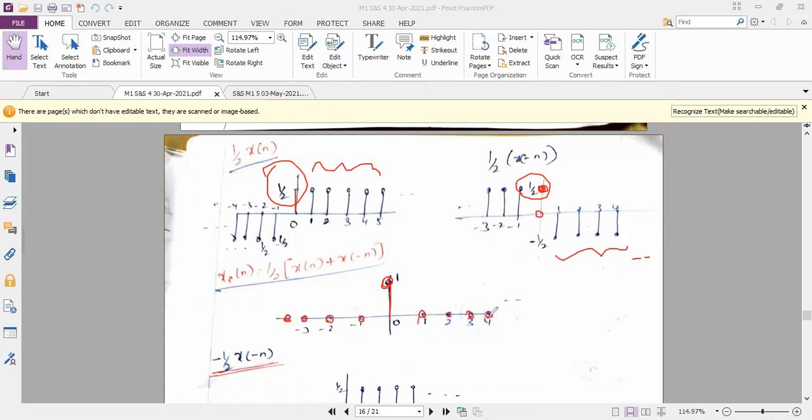The meeting may disconnect shortly. Once you have completed this problem, you can try the odd part. Till then, I'll connect back. Any doubts in this? Anybody? You understood? Yes, Ambika. Understood, ma'am. Okay, good. Now I want you to try the odd part. Meanwhile the meeting may disconnect and I will join back. You will feel very happy if your answer and my answer match. So try it. Let me join back.